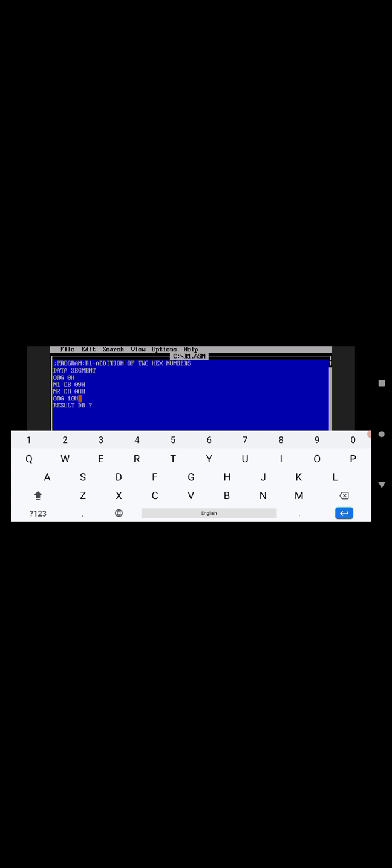Then data ends and the code segment starts.